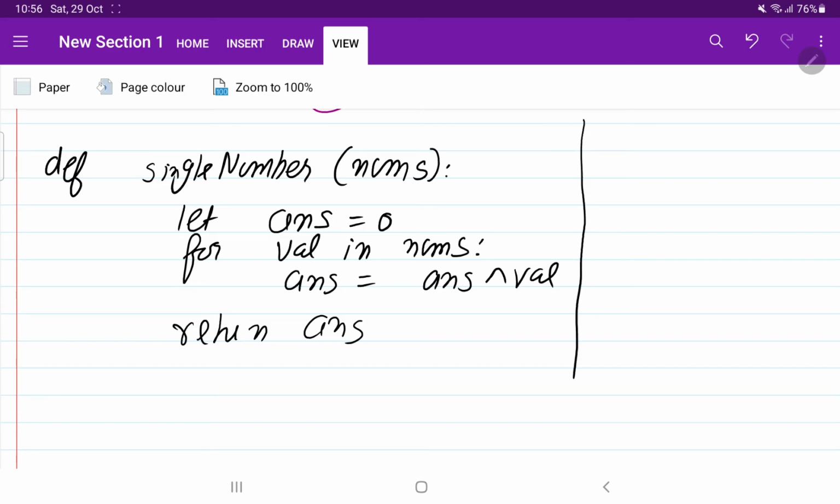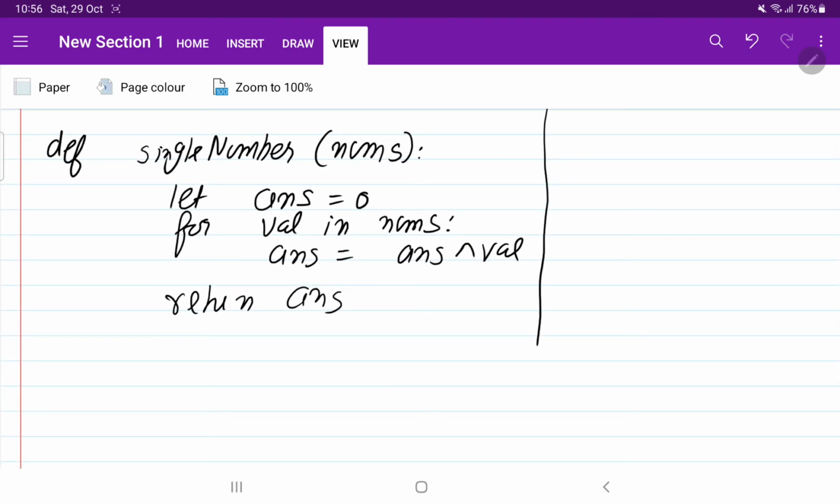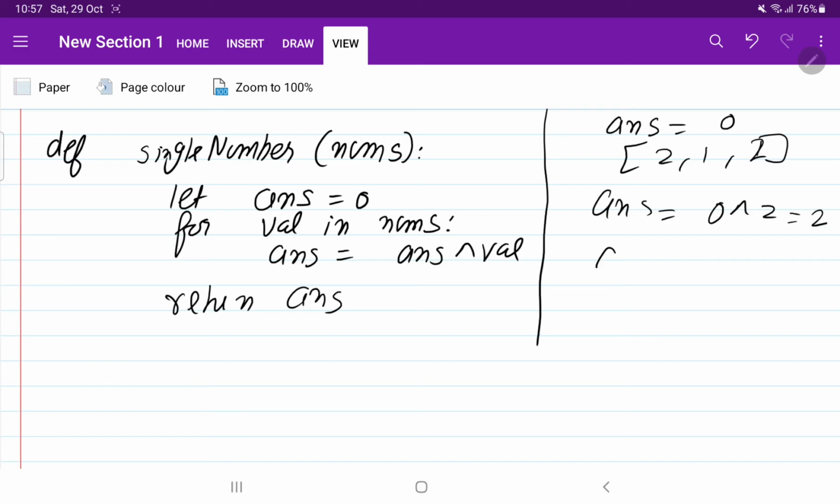As you can see, I have written the code for you. First of all, what is the value of answer? The answer value is 0. And suppose this is the array given to us: 2, 1, 2. This is the nums array given to us. It will come to the first value, so answer will be equal to 0 XOR 2, which is 2. So now answer is 2. We will come to 1. 2 XOR 1. Now as the numbers are different, what will it do? It will move on, because here it is not going to give any kind of solution, because it will give a solution with 0 only.